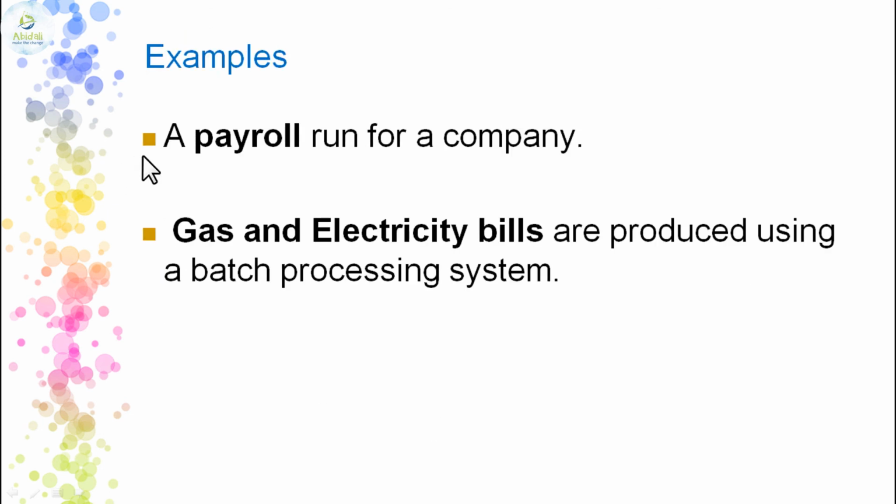Here we have a very wonderful example: a payroll running for a company. Payroll is nothing but the salaries that are given. The salaries for the employees are given based on different criteria: how many days he has come, how many hours he has worked, whether he has certain allowances like petrol allowance, entertainment allowance, dearness allowance, all those allowances are added. Now if there is something to be deducted, like loan amount or provident fund amount, that will be deducted.